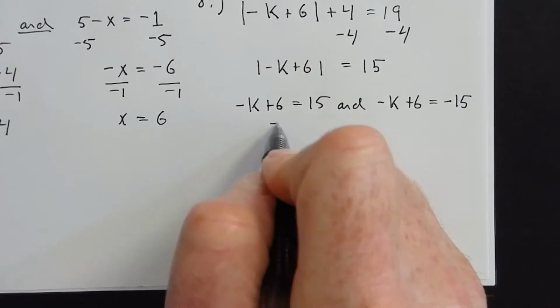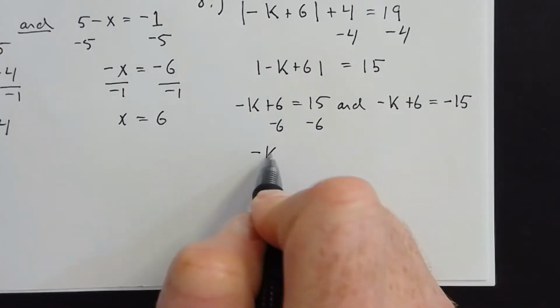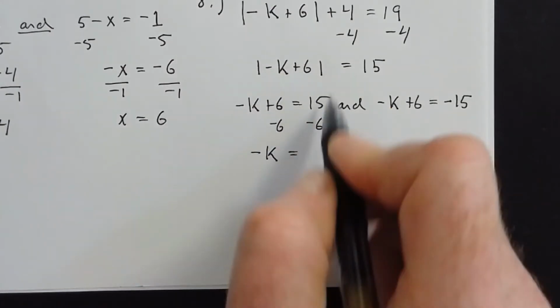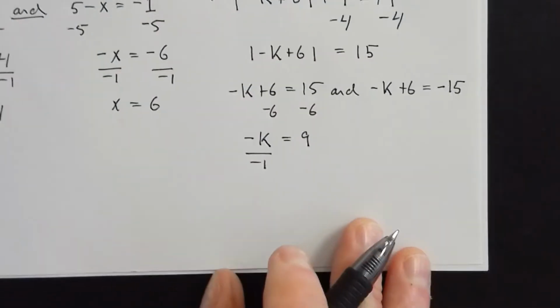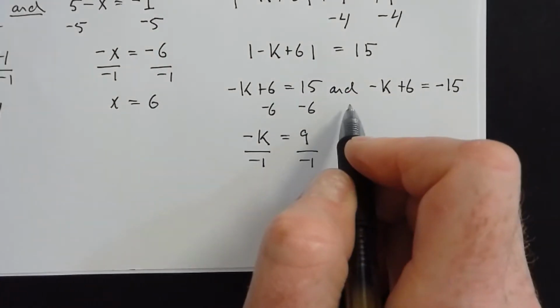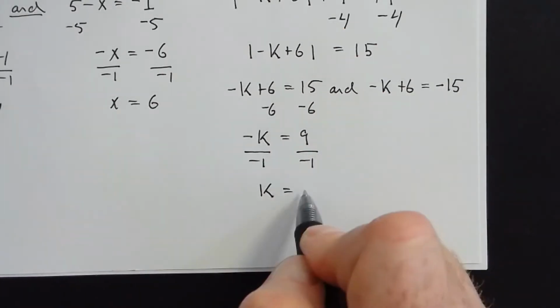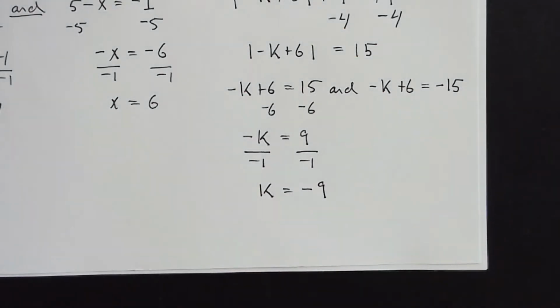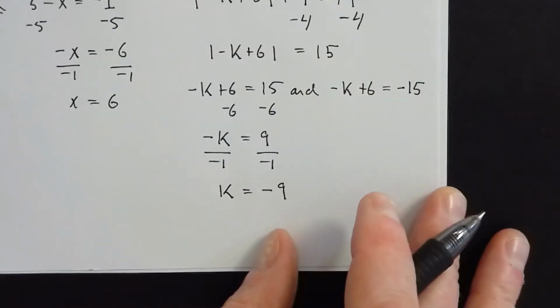So subtract 6 from this side, subtract 6 from this side. Minus k is equal to 9. Divide by minus 1. k is equal to -9. So for this one,